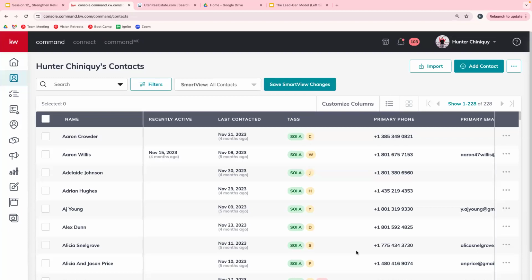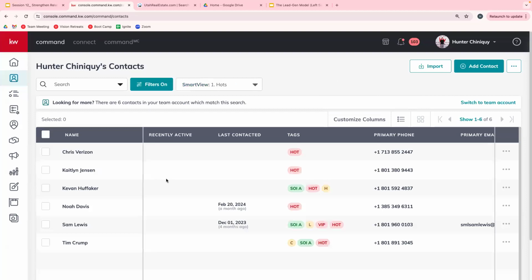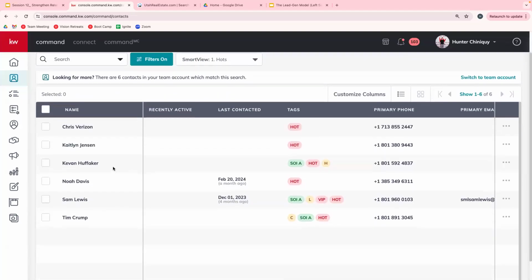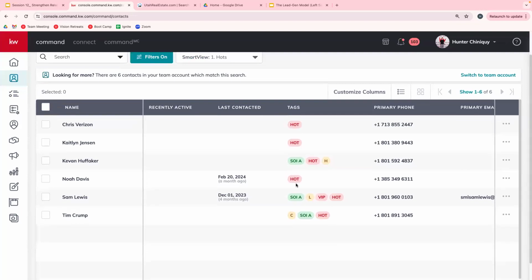So when this girl reached out, you tagged her as a hot, right? I tagged her as a hot, correct. Undo that tag eventually. Yeah, what I would do is, if for whatever reason, I will change it, because she'll either transact. So I have a phone call today, right? So I marked her as hot, so I knew to follow up with her. She'll either continue to be a hot. She'll either become